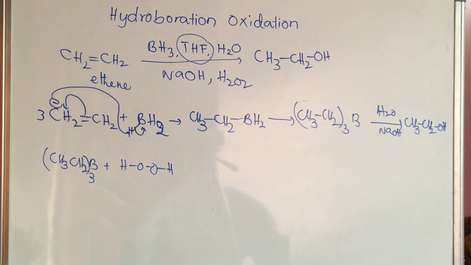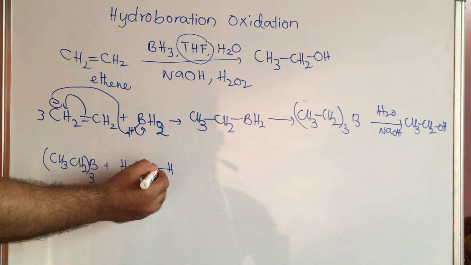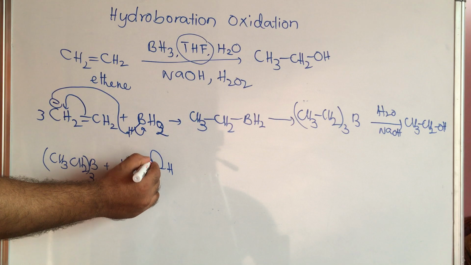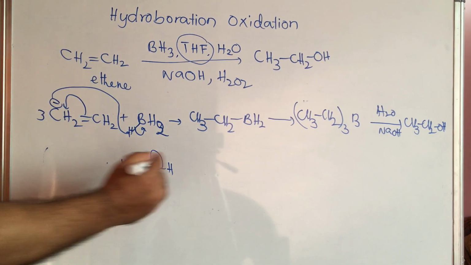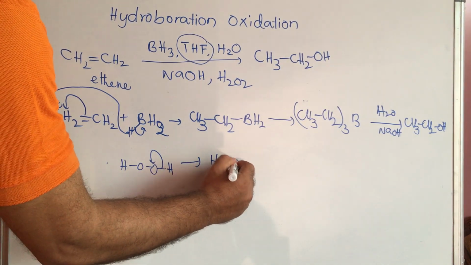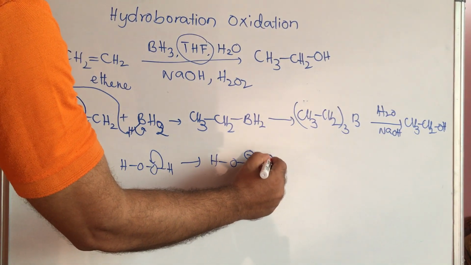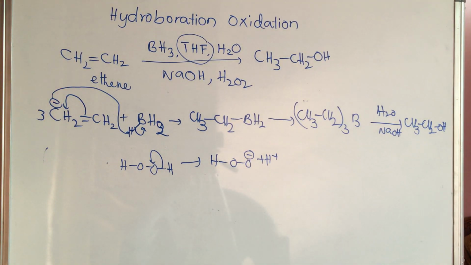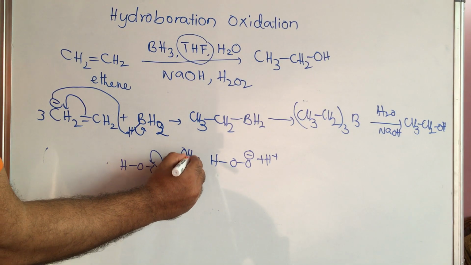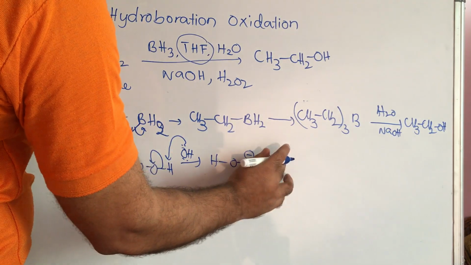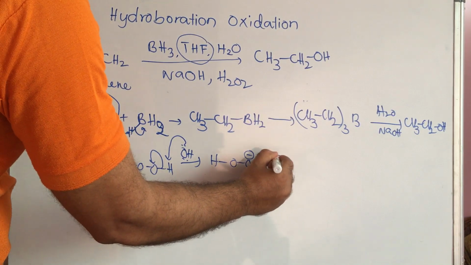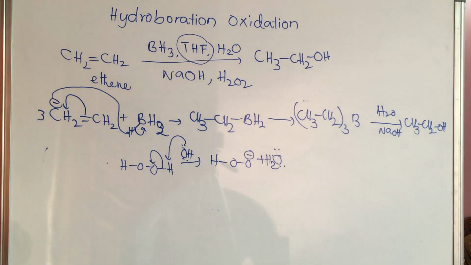Actually this hydrogen peroxide will move like this. First I will write only this ionized form, and we will get here HOO negative charge and this plus. In presence of base, this will be taken like this, and instead of this H plus we can write directly H2O. This is the lone base.